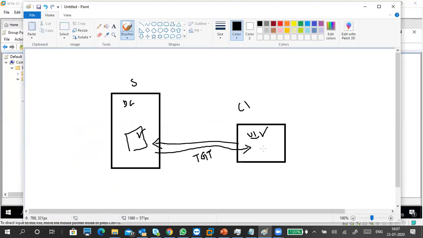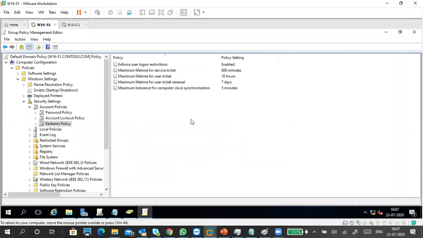Whenever he accesses any service in the network, he uses the ticket and asks for the service, and then he will get a service ticket. If you got authenticated, you got a ticket. Like on a flight: when you pay, you get a flight ticket, but to board the flight you need a boarding pass. So when you are authenticated, you get a ticket. That is this one, the lifetime of that ticket.